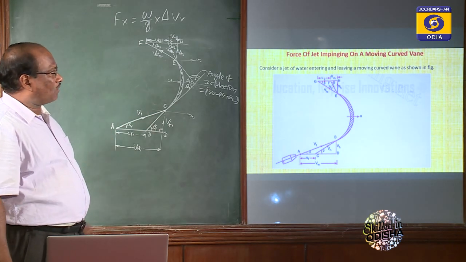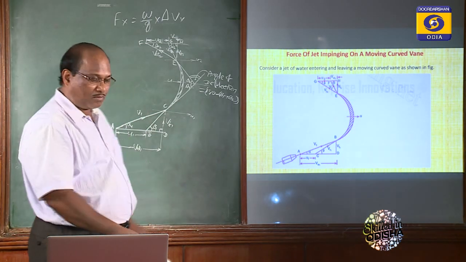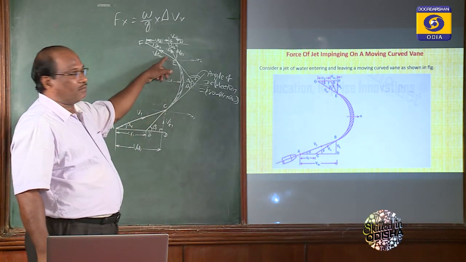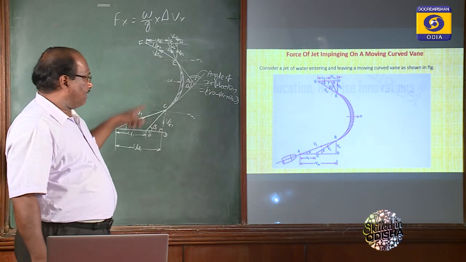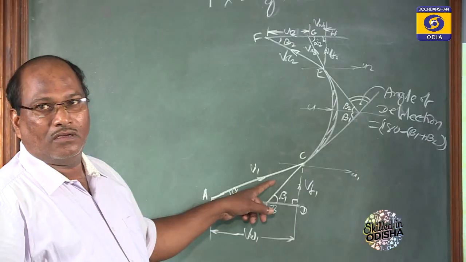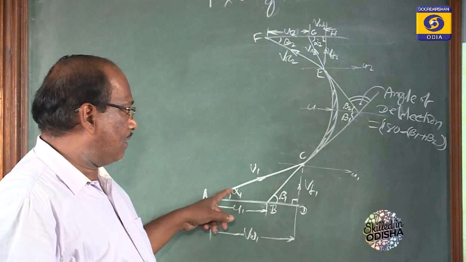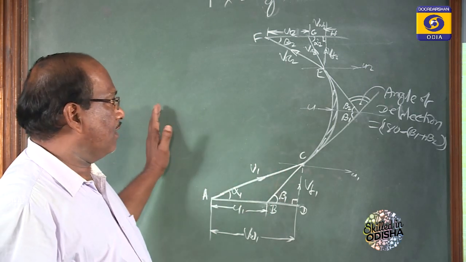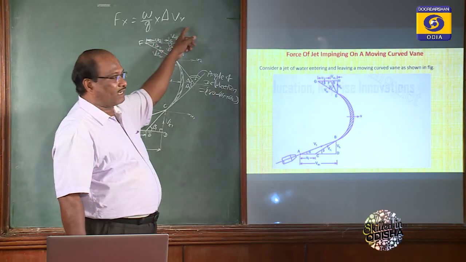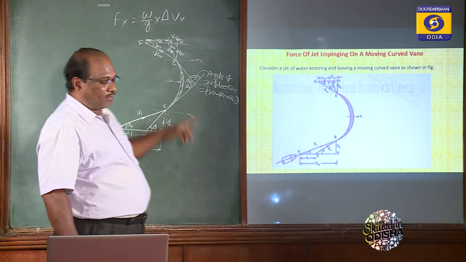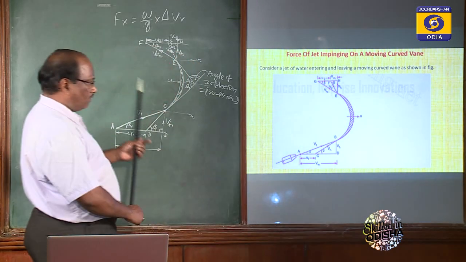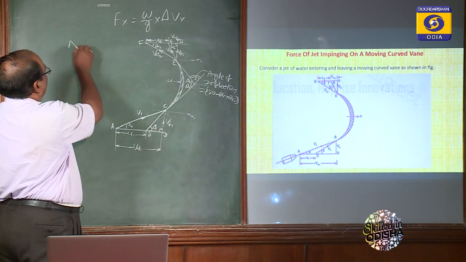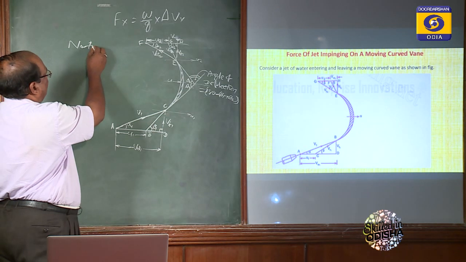When the water is striking on a moving curved vane, we have to draw velocity triangles at the inlet tip of the vane and the outlet tip of the vane. Then by trigonometric analysis, we can solve the problem when the jet is striking on a curved vane. We have to calculate the force, etc. The notation shown in the slide and my notation slightly differ, so I will give you some standard notations.